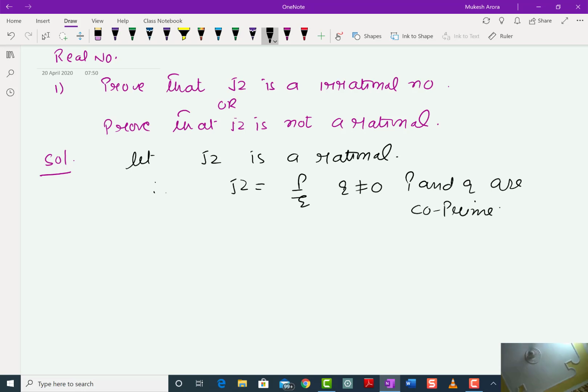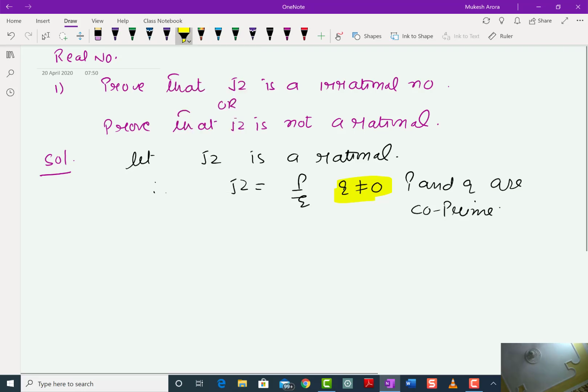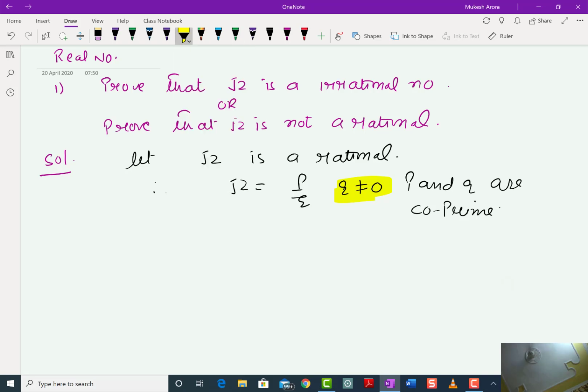Let's understand the meaning of this. q cannot be equal to 0 because in the denominator, if anything is 0, it becomes infinite, not defined rather. And if p and q are co-prime, that means they do not have anything common. Co-prime numbers means they do not have anything common apart from 1. So,